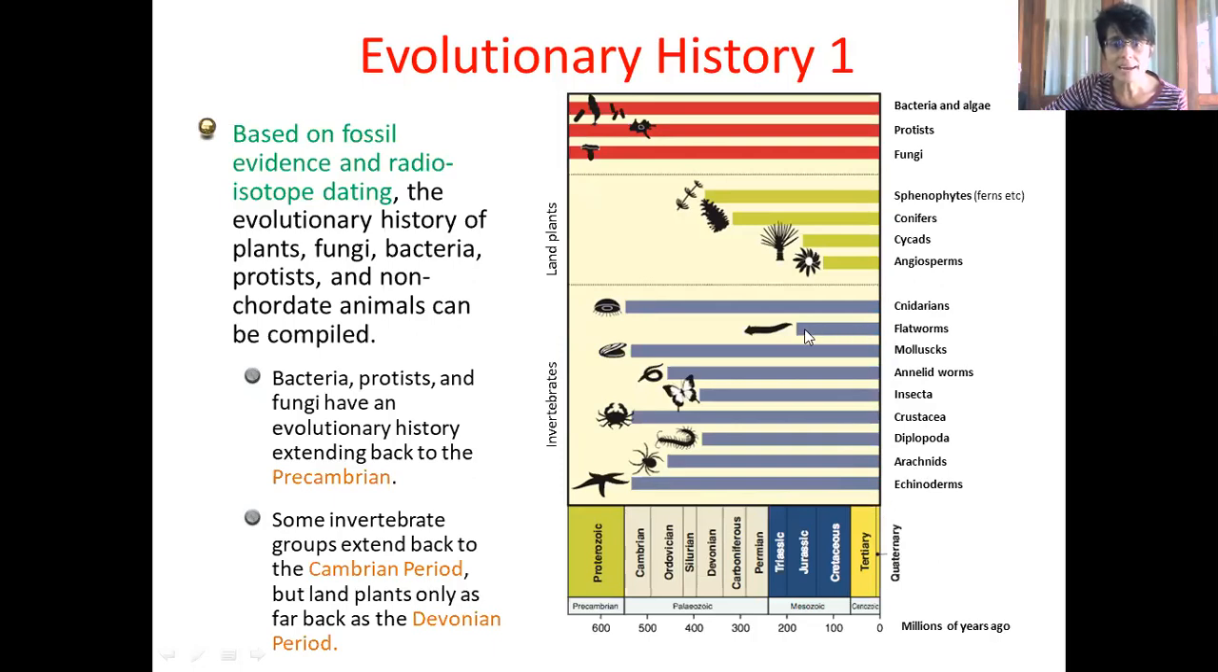Insecta, so butterflies and bees and flies and mosquitoes, they've been around since the Silurian period, and you can read it off like that, right? Crustaceans, things like crabs and lobsters, have been around since near the beginning of the Cambrian, so that's about